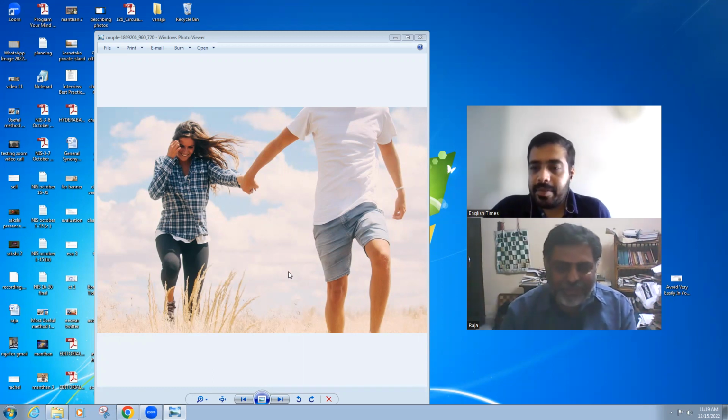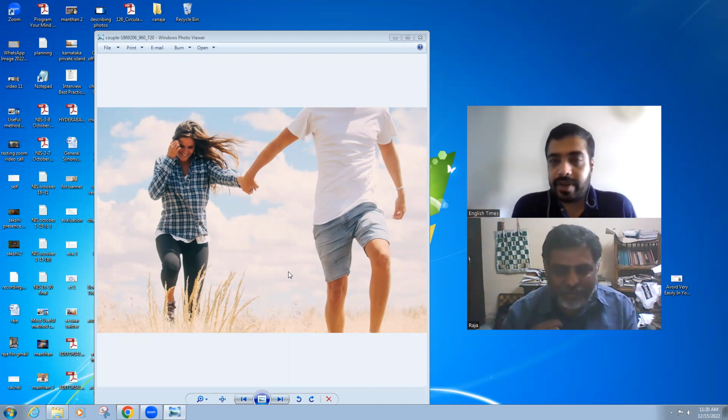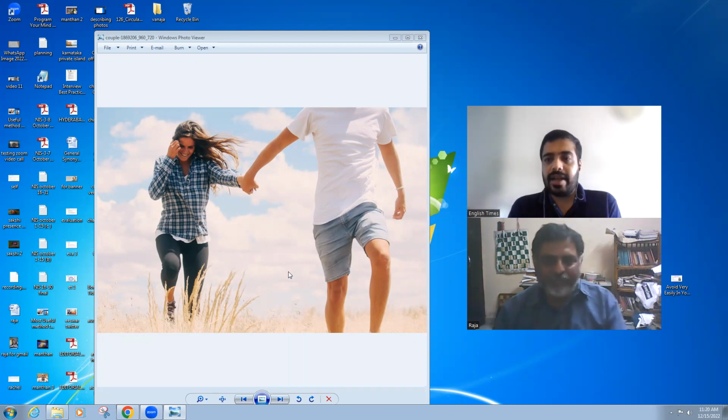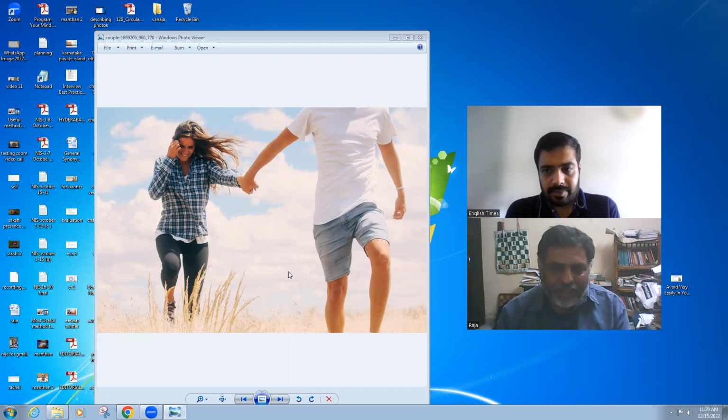So, what is your opinion? Have I described it correctly? Of course. When it comes to pictures, you're right. You're not entirely sure what is happening behind it, so we can use the words "appears to be." For example, it appears to be daytime. It seems like it is daytime. We can say that.